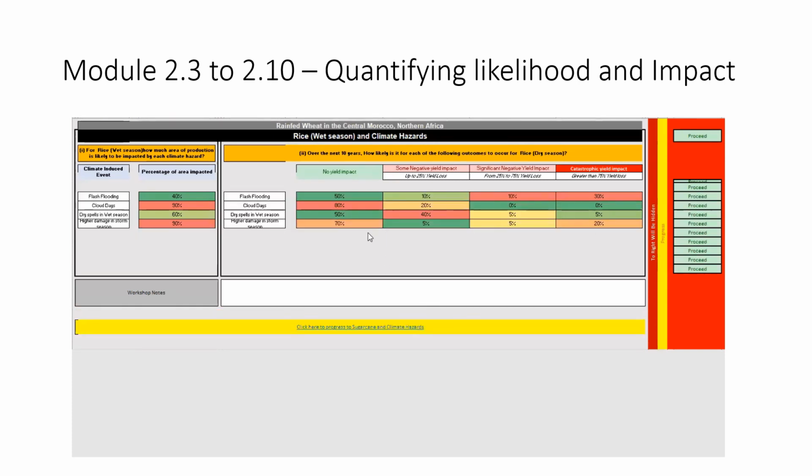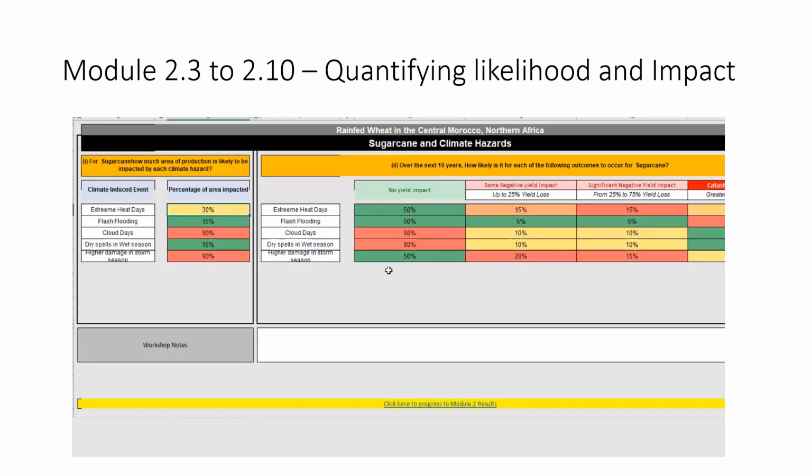I've gone ahead and populated this. Start to think about flash flooding. Maybe half of those next 10 years we're not expecting it, but when it does happen, it can cause quite strong damage. The same with cloudy days. Maybe there's not a lot of impact that's going to come through even when it does happen. You'll see that when we go to an annual or a perennial like sugarcane,